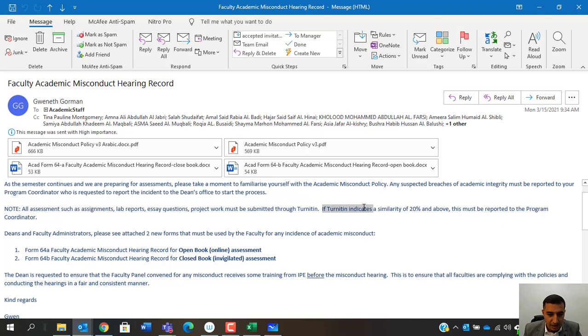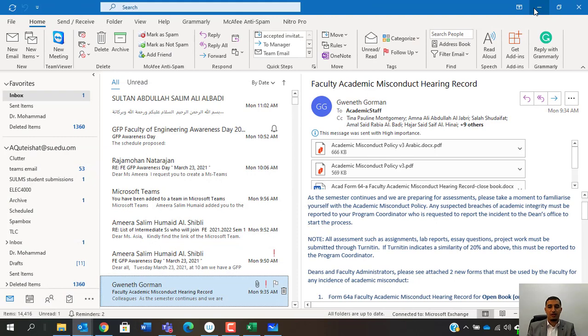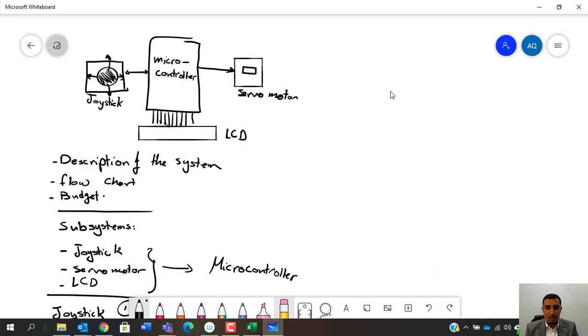If Turnitin indicates a similarity of 20% and above, this must be reported to the program coordinator, and then we will have a faculty hearing and we will have academic misconduct. This is the academic misconduct policy in the university. So you need to know that for your project, yes, there